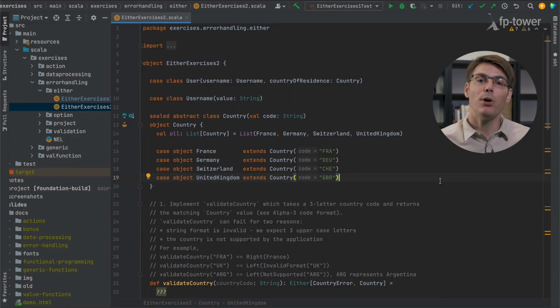Today, I would like to continue working with either. In particular, I would like to focus on how to combine multiple error types together. So let's start by opening the file either exercises2, located in the package